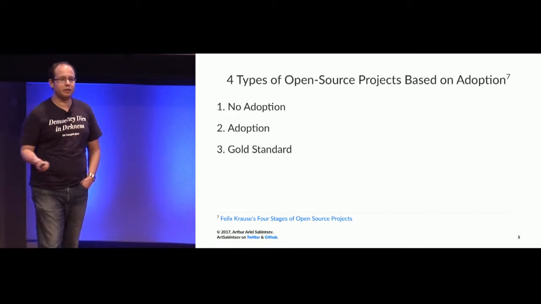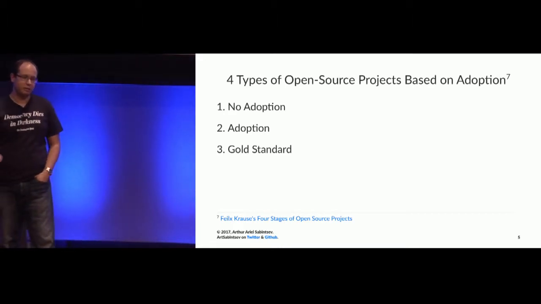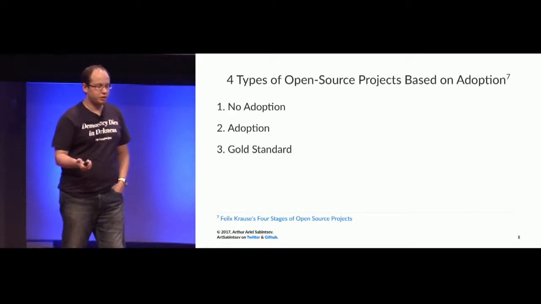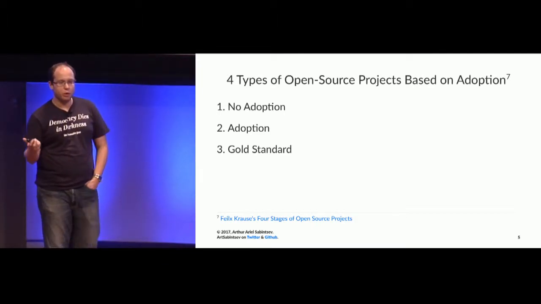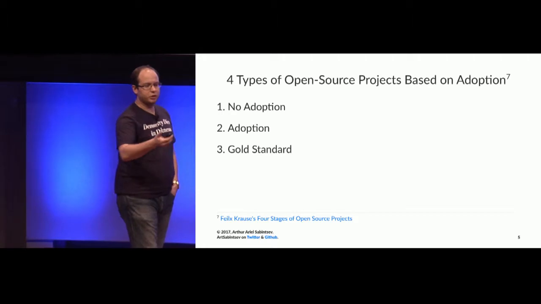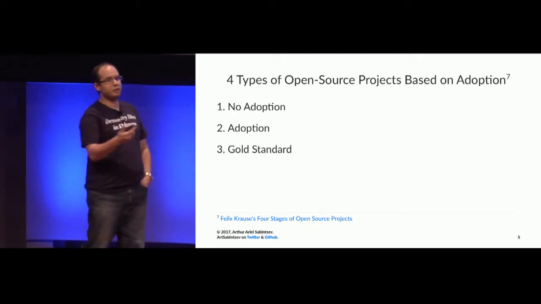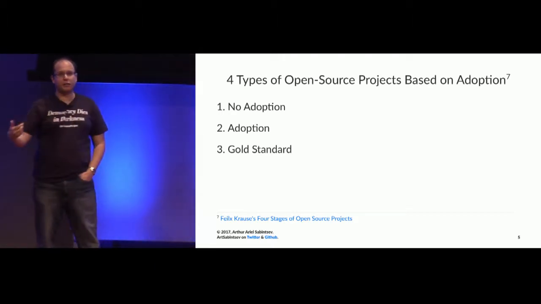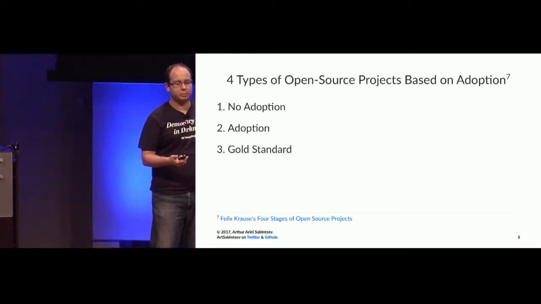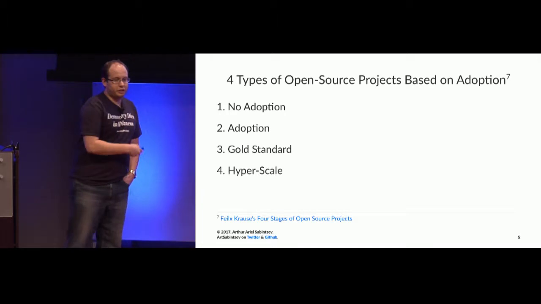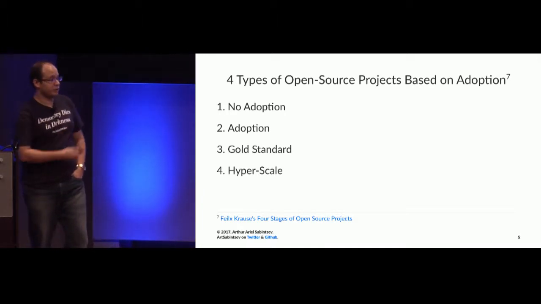And there are other libraries that are built off of it, like SwiftyJSON, which is a popular JSON parser, which has, I think, hooks into Alamofire or AFNetworking. Moya, which is a networking library, also has hooks into AFNetworking. So when your library gets to a point where other libraries are creating extra features in separate libraries, that is a gold standard project. And the last project, I'm taking this directly from Felix, is a hyperscale project.